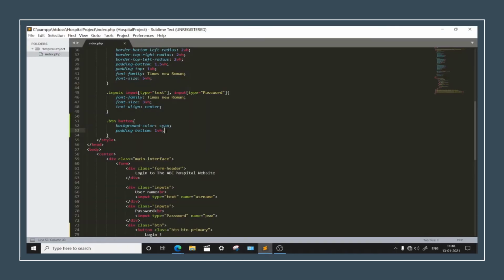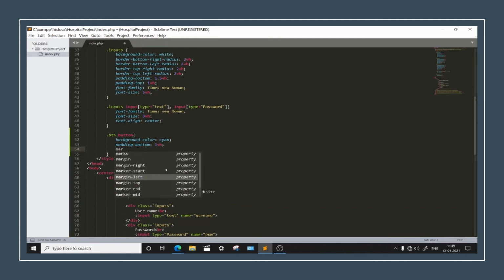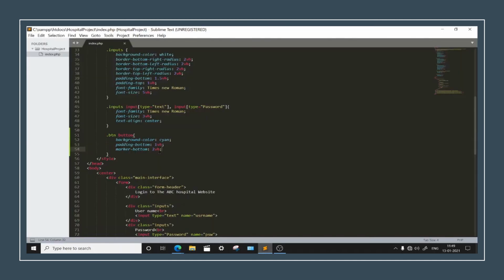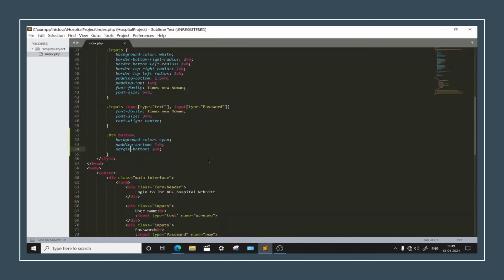Fair enough. Now let's go ahead with margin at the bottom. Margin, not mid, should be bottom. So margin bottom should be around 2 vh, that is fine. Well, let's see. Why didn't this margin come? Okay, I have kept marker. That's why. Okay, trim margin bottom. Reload. Okay, looks fine. Looks great.